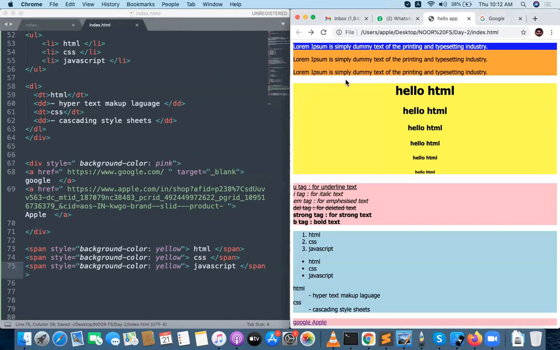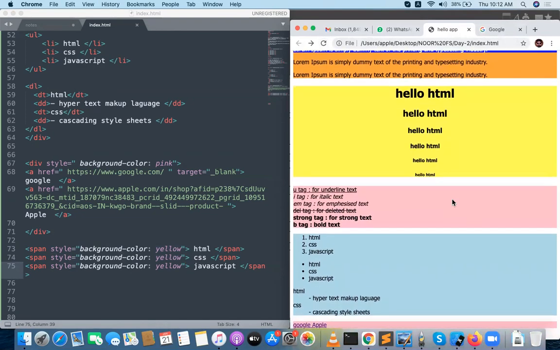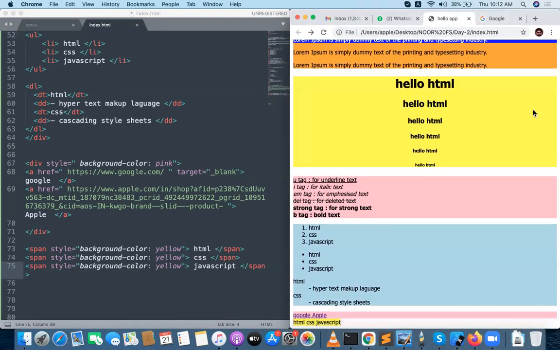Okay, now we will be having three spans. I'm taking three spans right now. One span is HTML, one span is CSS, one span is this one. Can you see the spans here? Yeah, and the below axis. Yes, yellow color spans are there.